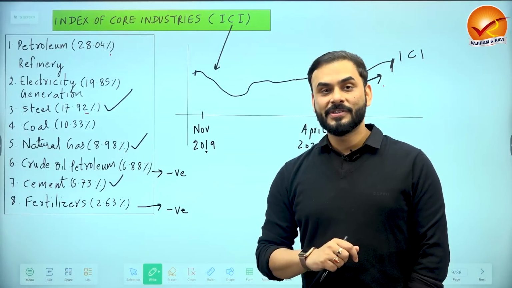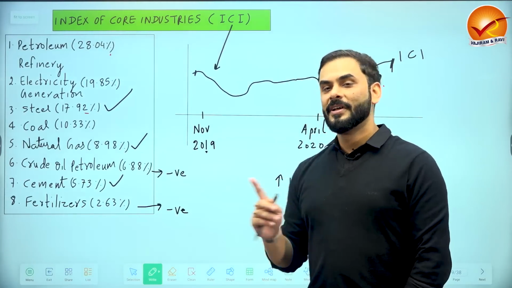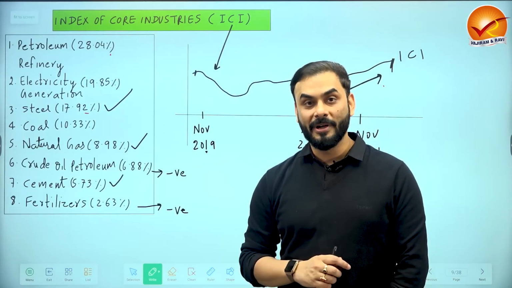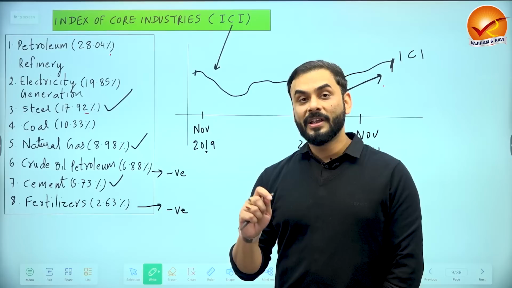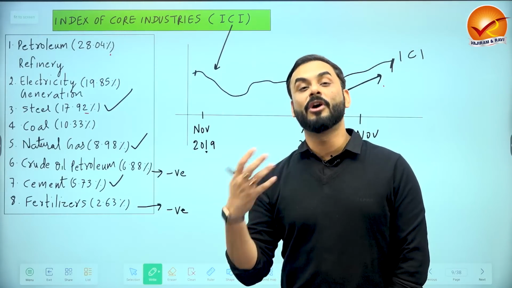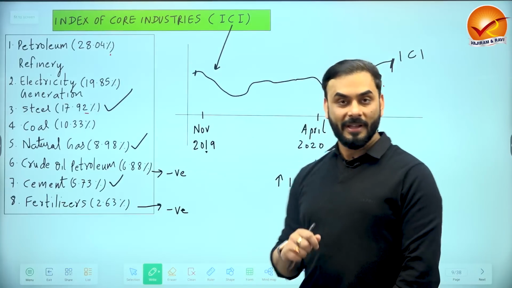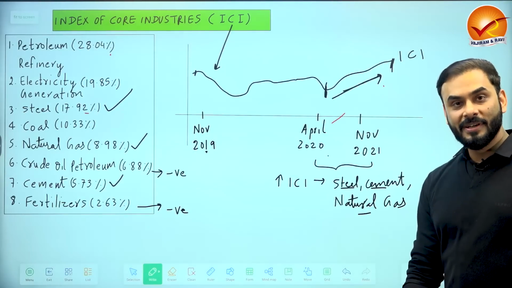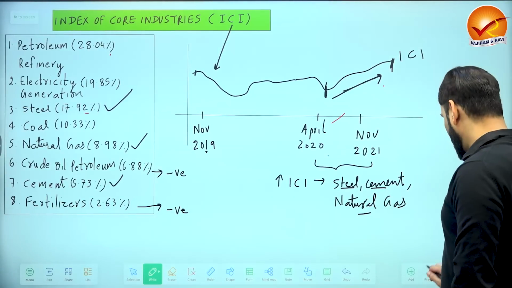Why? Because if the construction happens, then demand for steel, cement, etc. will also happen. It will lead to more employment. Also, whenever you create new properties, new infrastructure, it leads to generation of more employment in the economy. So it's a good thing, right? So the demand of steel and cement is going up. It shows that construction is being revived.